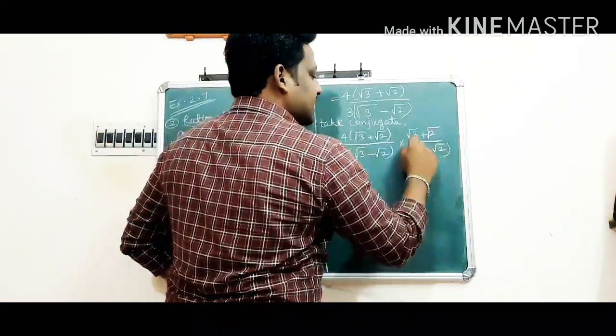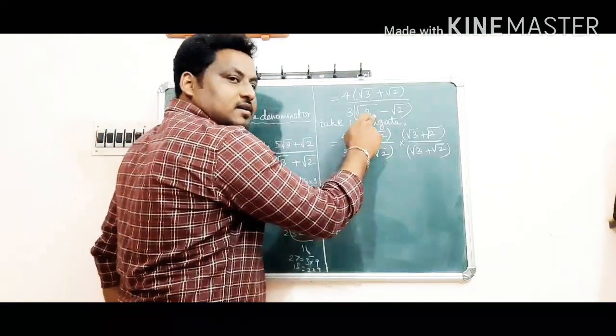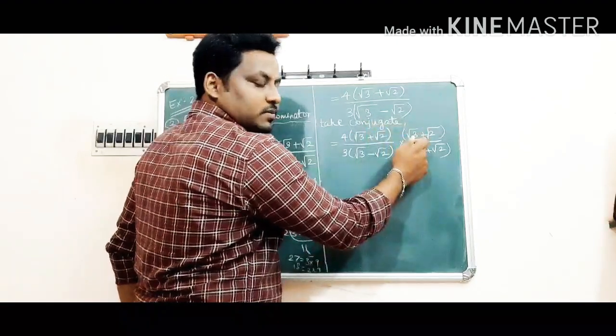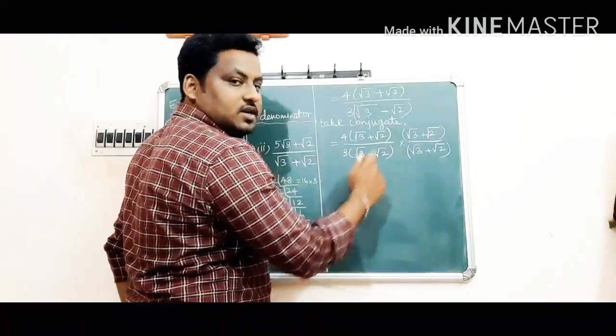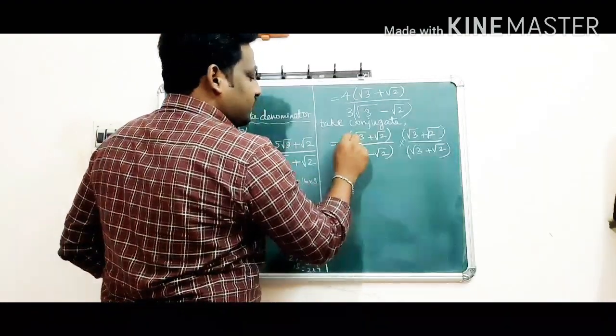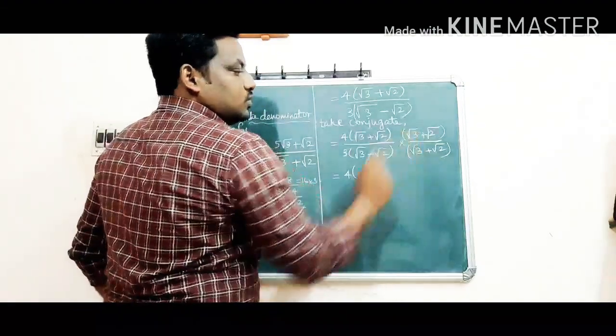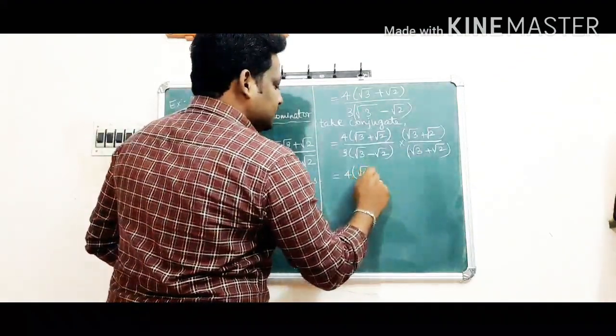Both numerator and denominator should be multiplied with the same term. Inga minus nu irundhuchna conjugate edukumbodhu plus nu varum, plus nu irundadana conjugate edukumbodhu minus nu. Clear? So now for the numerator, as it is given, root 3 plus 2 root 3 plus 2, which means root 3